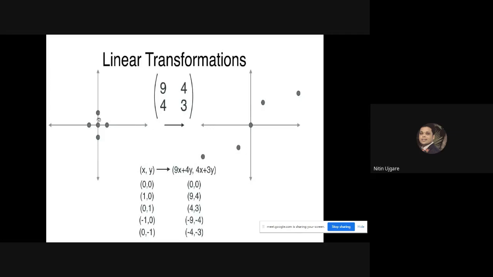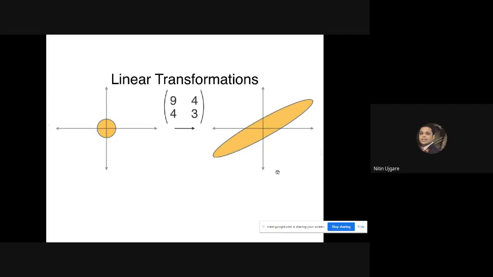Now, if you look at the shape of the original sample points, it forms a circle. And if we look at the new hyperplane, it looks like an ellipse, right? So what we did is we transformed this original hyperplane, which looked like a circle, into a new hyperplane, which looked like an ellipse, using a linear transformation function and a covariance matrix, right?